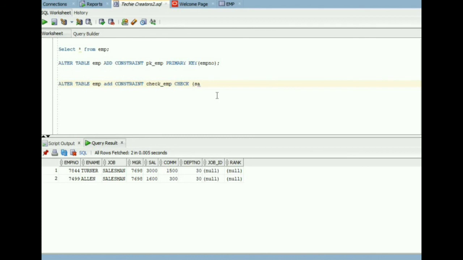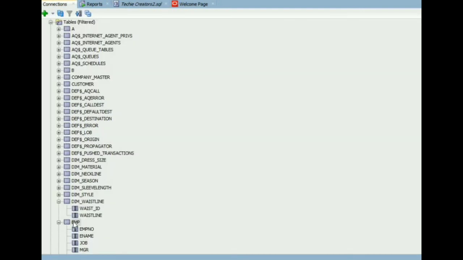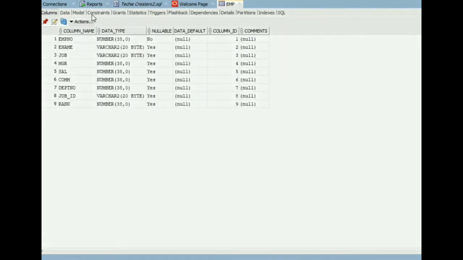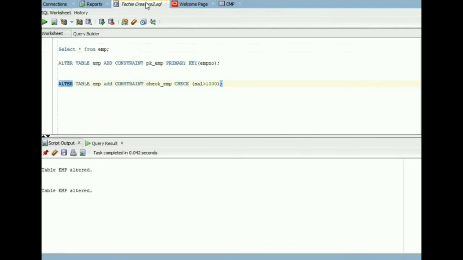Like, I am creating a check constraint here, that is salary is greater than 1000. Only those rows will be inserted into this table whose salary is greater than 1000. Let me see the table. You can see there is a constraint, that is check underscore employee, that I have created now. In this manner you can create any constraint on an existing table.